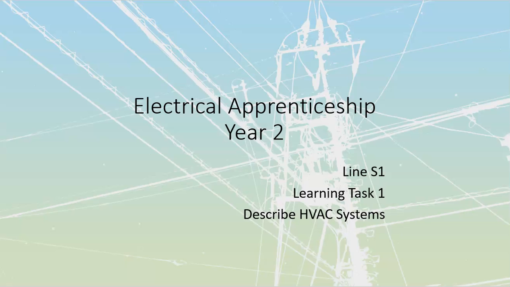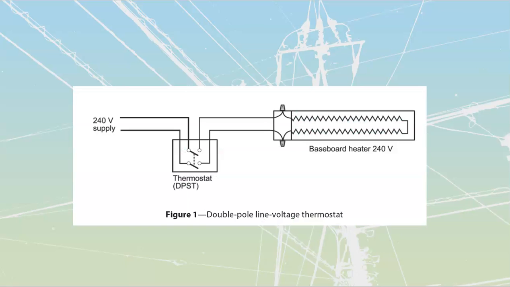All right, line S1, we're going to take a look at learning task number 1, which is going to be us describing common HVAC systems. HVAC stands for heating, ventilation, and air control. And it's just going to be our basic methods that we are going to go and heat houses, industrial premises, and things like that. So let's start by going through the first one that we're going to be very familiar